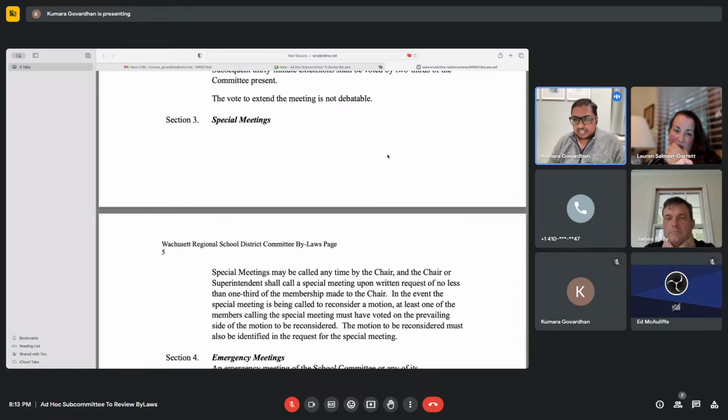So if you were in the minority, and you were trying to reverse something that got voted on, and the purpose of you calling this special meeting is to do that, then your intention might be to try to reverse the course of action. So I guess that's probably why they put it in there. Which you can do anytime, actually, via Robert's rules. So I can sort of see what Brett's saying. We could just take out that part, in the event the special meeting is being called to reconsider. We could just strike that. Right.